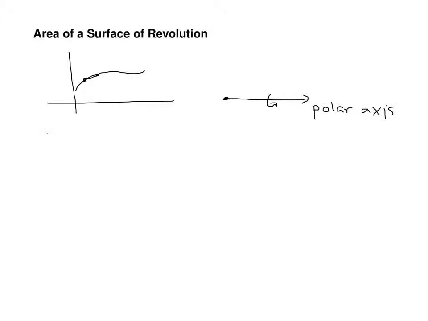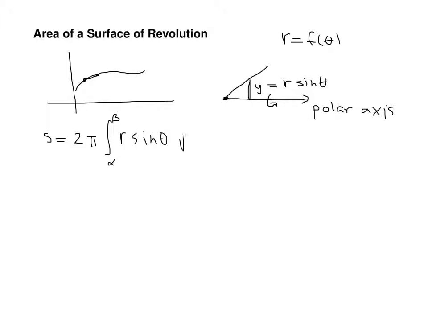So the surface area could be given by 2 pi times the integral from alpha to beta. In this case, with rotation about the polar axis, the r is given by the y-coordinate, and the y-coordinate is r sine of theta. And we have that r would equal this f of theta curve. Anyhow, it's r sine of theta, and then times the length of the curve,